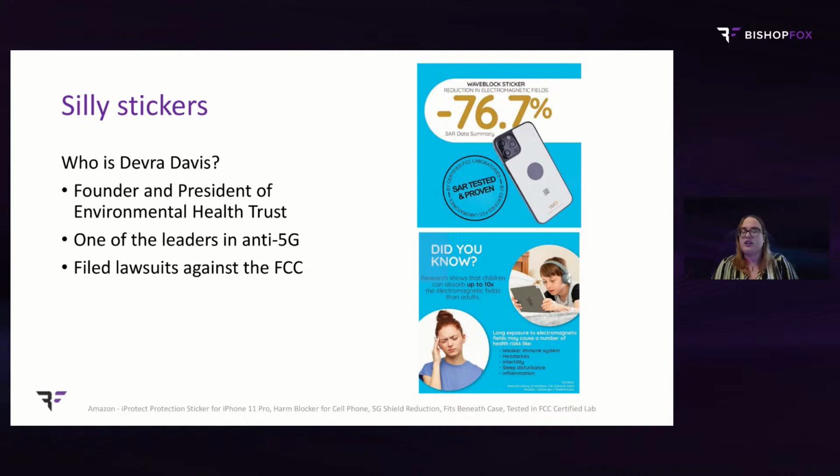I found that there was a purpose for this antagonization of 5G. You can sell product with it. An example is these stickers that attach to your devices that are supposed to absorb radiation so that less radiation comes to you. I guess that means it'll interfere with the ability for your radios to communicate appropriately, but that would assume that these devices actually work. Deborah Davis supports these, and it's really hard to see in the small corner of this image, but she's the one supporting these devices.